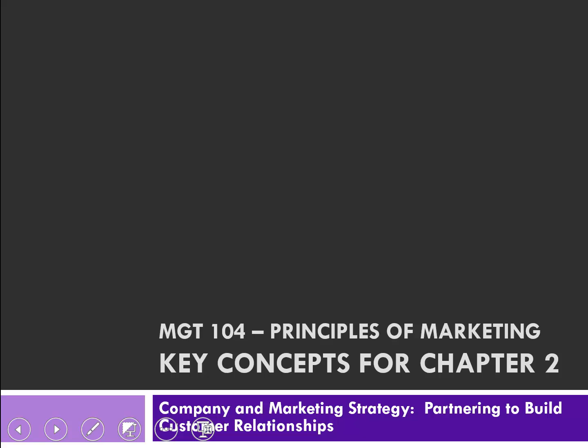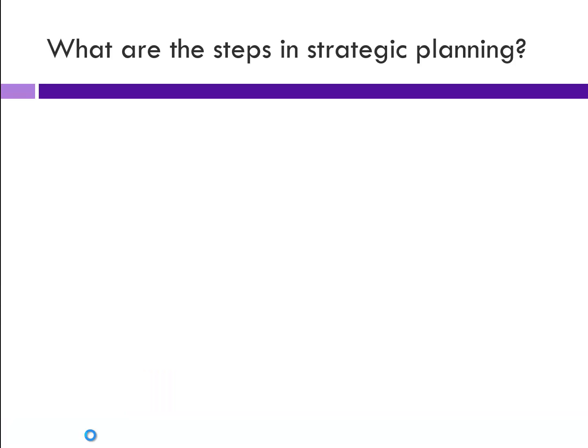Chapter 2 is talking about strategic planning, which is not the most exciting aspect of marketing, but it's important. We'll see why we do this, but we need to set our course at the beginning to make sure we stay on target through our marketing efforts to make the most efficient use of our resources.